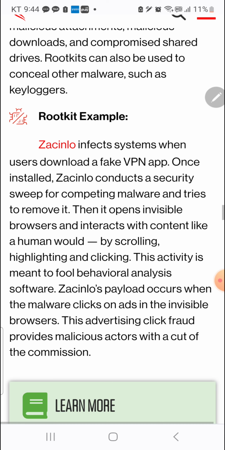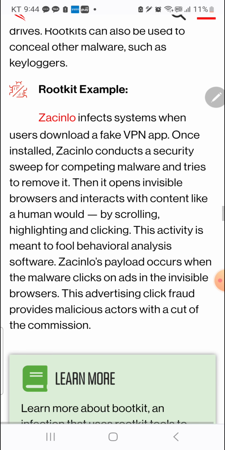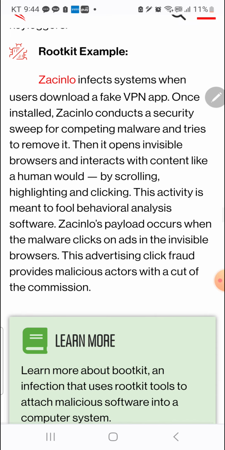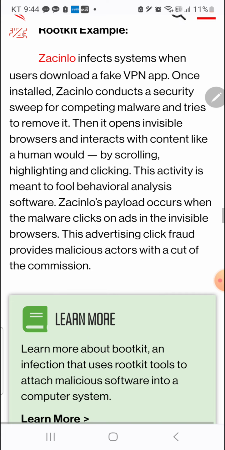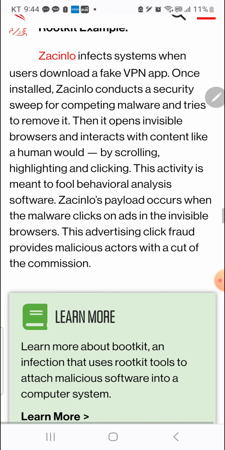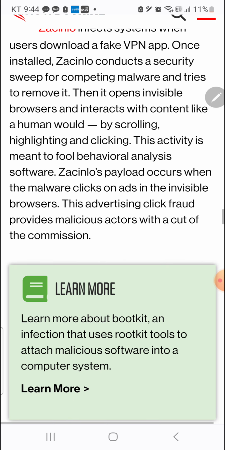Rootkit example: the Chinlo infects systems when users download a fake VPN app. Once installed, the Chinlo conducts a security sweep for competing malware and tries to remove it. Then it opens invisible browsers and interacts with content like a human would by scrolling, highlighting, and clicking.